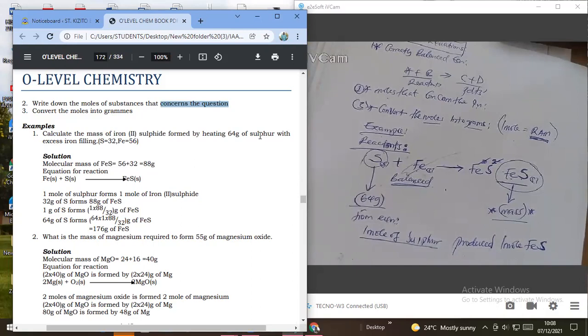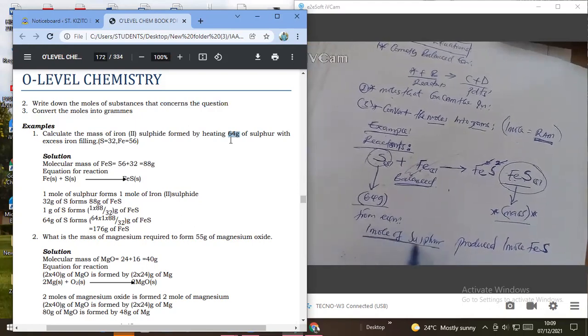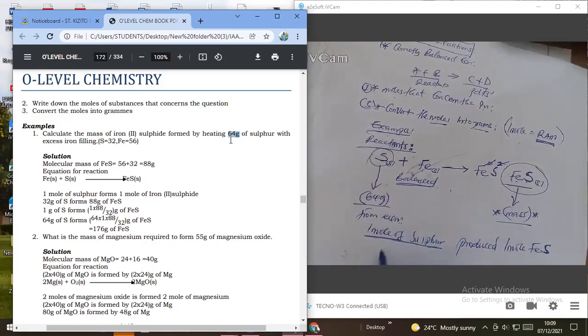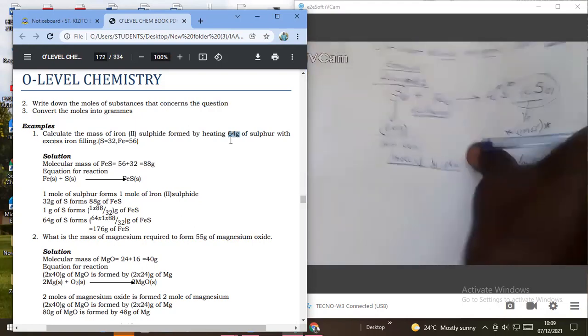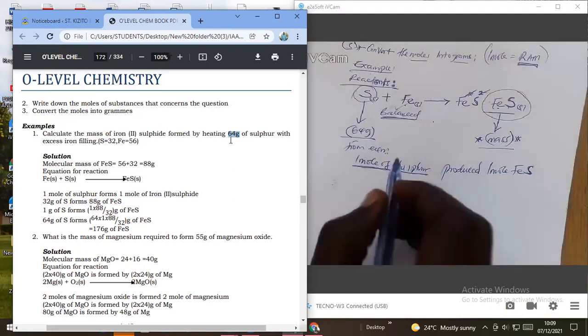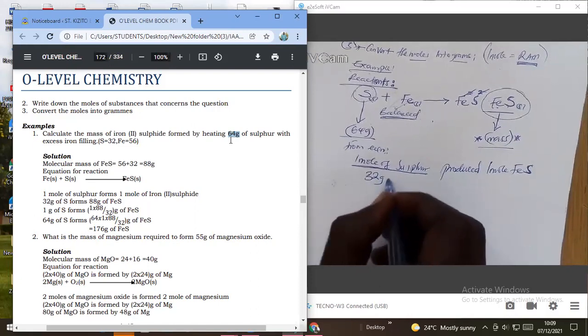Since they have given us grams here, 64 grams, we must convert these moles to grams. 1 mole of sulfur is equivalent to, check the table. 1 mole of sulfur, isn't it 32 grams? Yeah, so these are 32 grams